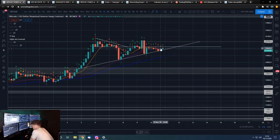It does not necessarily mean we have to break this higher level. It just means we've got to push into this zone and at least test around the 15,800 level, and then we can feel free to come back down to the level we're at now within this formation. These formations do tend to break when they're about 2/3 full, and using the eye gauge this is looking about 2/3 full. So we could be expecting this to break. If we do move up, then we could potentially take out 15k and